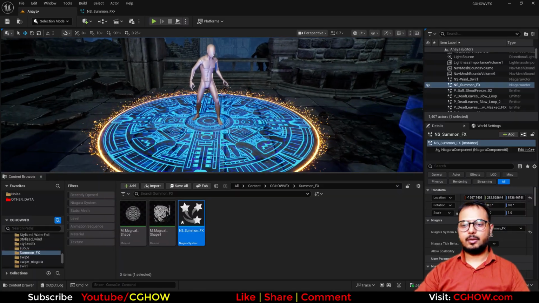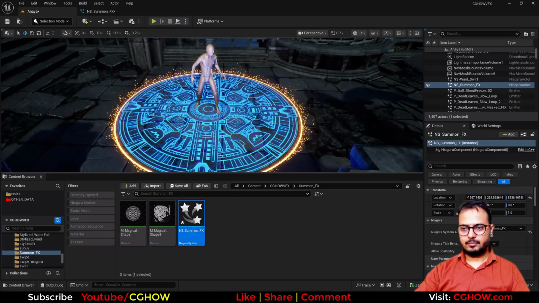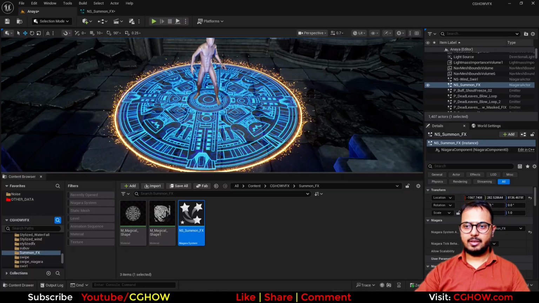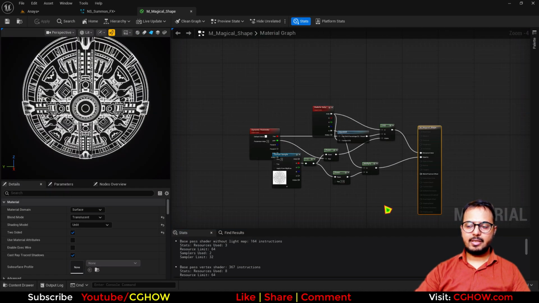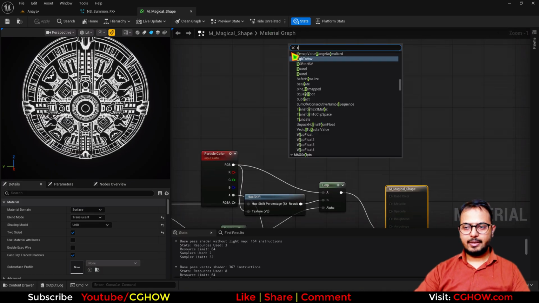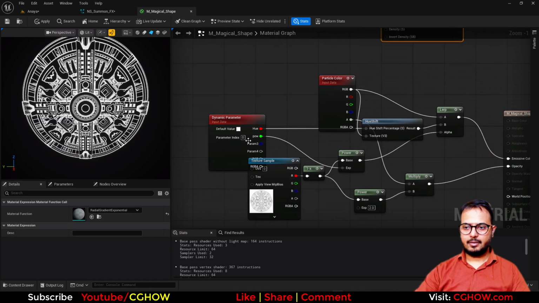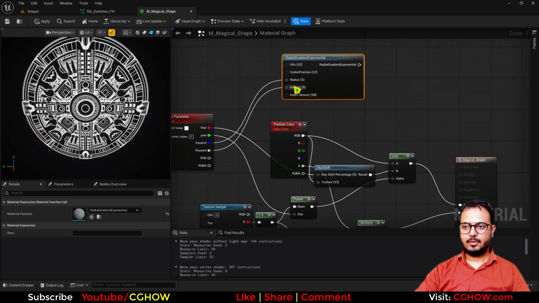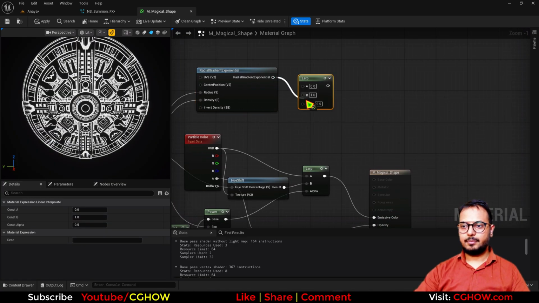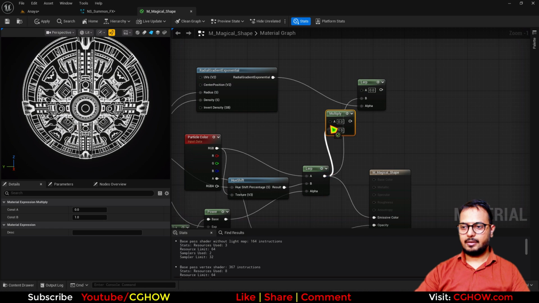What else can I do here? I'm thinking to make this thing a little brighter from the center. So I'll open the first material and I want to make this shape brighter in the center. So what I'll do, I'll take the radial and control the radial with radius and density. Okay, and then use the lerp, and it will be like this,